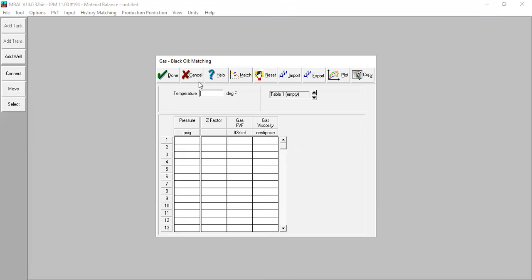So we need to do matching to select the correlation that will best simulate or approximate our laboratory data. Okay, but I'm sorry, I think I still haven't given you the laboratory data, so maybe you can follow me from here. First, the temperature is 212. Okay, and then I will copy my data and paste it here.